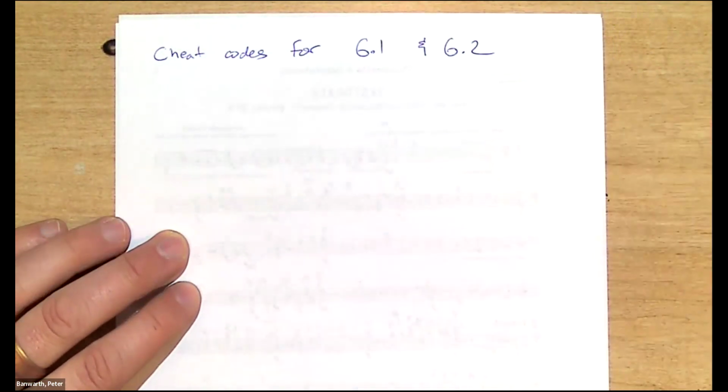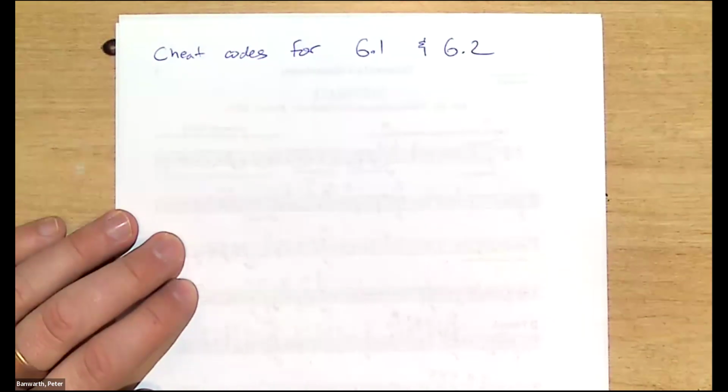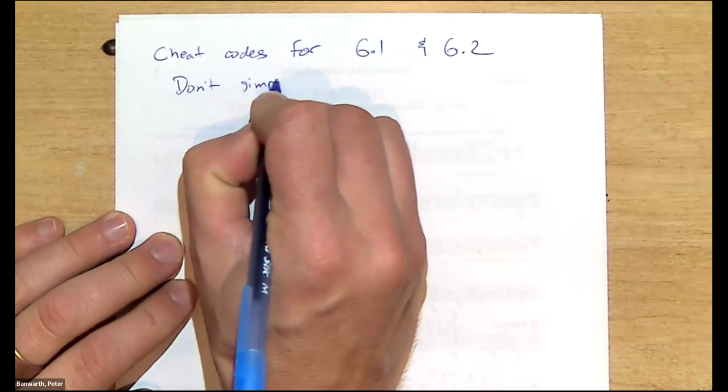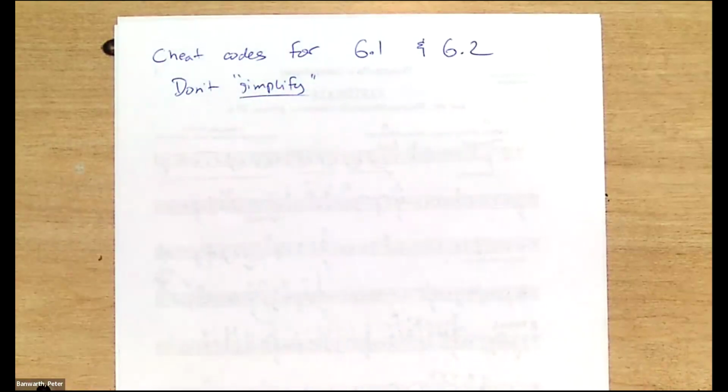I'm going to give you all a cheat code for 6.1 and 6.2. And that cheat code is "don't simplify." Simplify itself is a word which means make the function easy to use for the purpose you are trying to use it for, right? So if I took